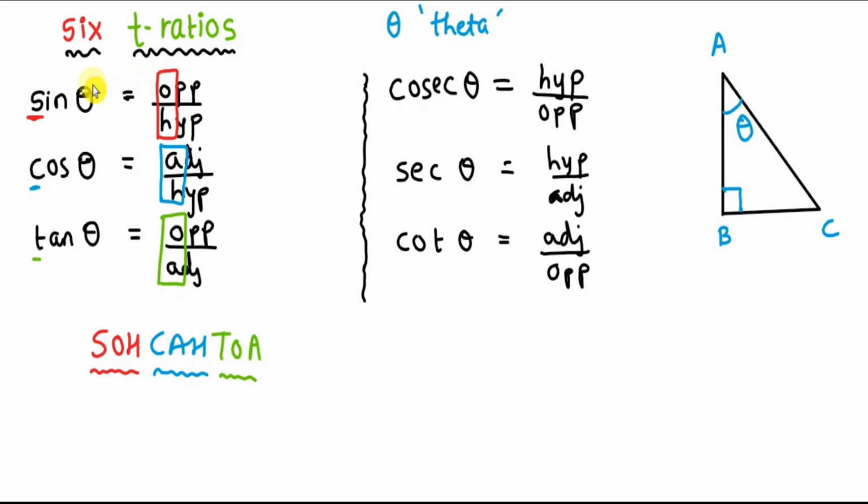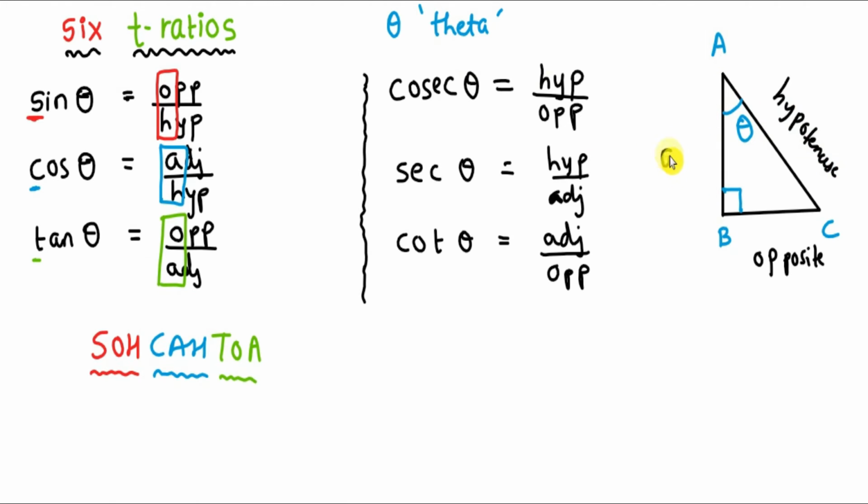Now, let's say we want to find sine theta. It means it's sine ratio of angle theta. The reference angle is theta. Now let's come to the figure. Now here where is angle theta? Angle A represents theta. So with respect to theta, the opposite side is BC. So BC is its opposite side. The hypotenuse side is side opposite to 90, which is AC. So AC is its hypotenuse side. And obviously the third side is AB, which is its adjacent side.